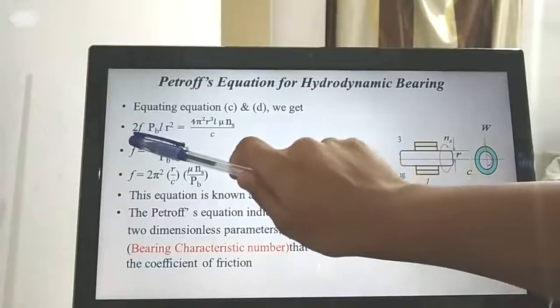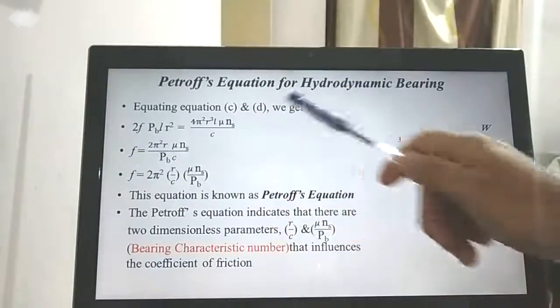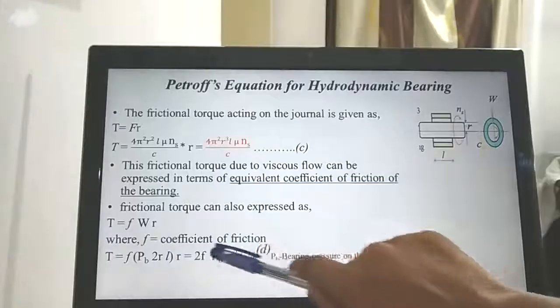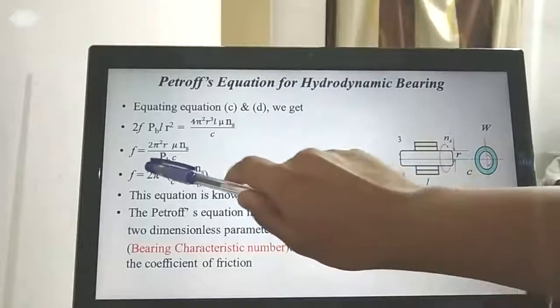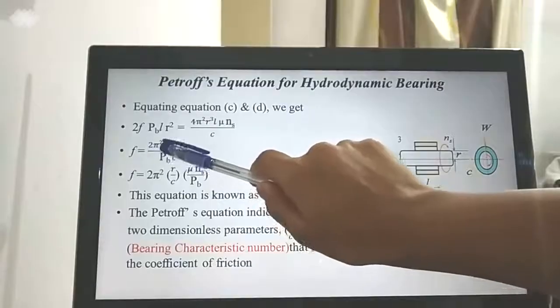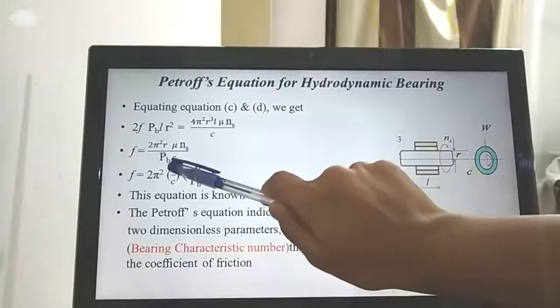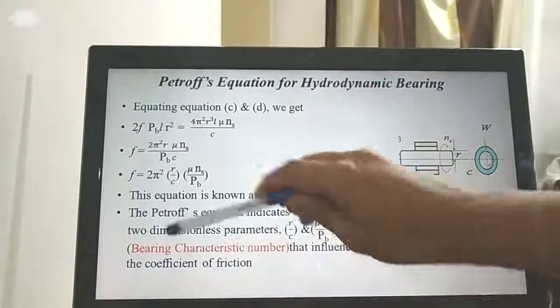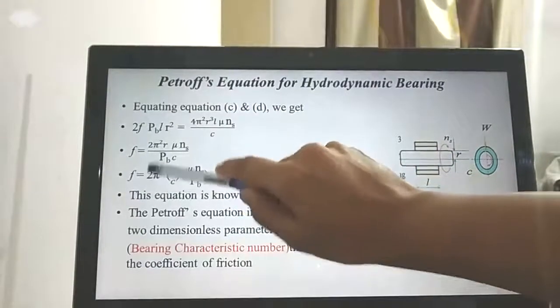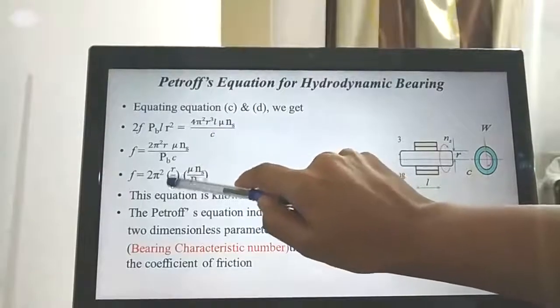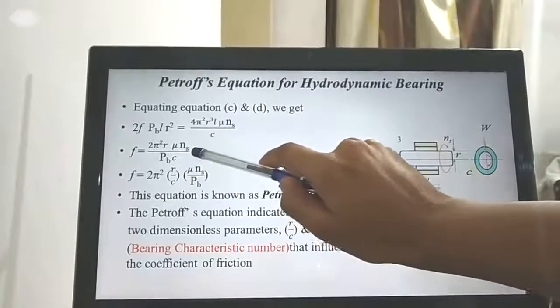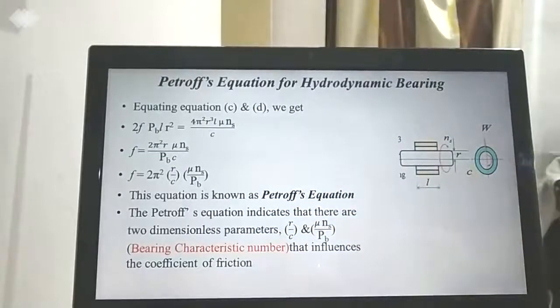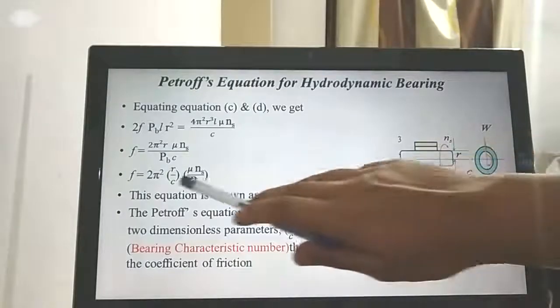We get small f, the coefficient of friction, equal to 2 pi square r mu ns divided by PB C. After rearranging the terms we get f is equal to 2 pi square r upon c into mu ns divided by PB, and this equation is called Petroff's equation, which is used to determine the coefficient of friction